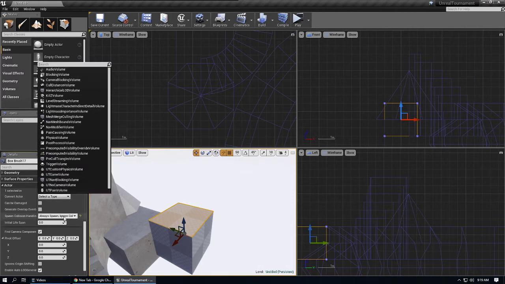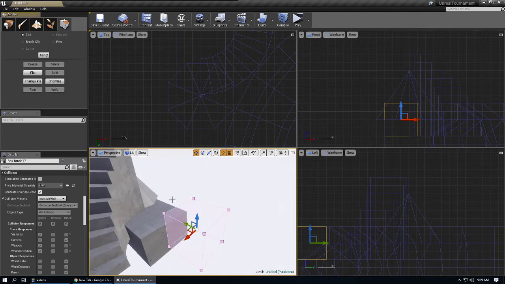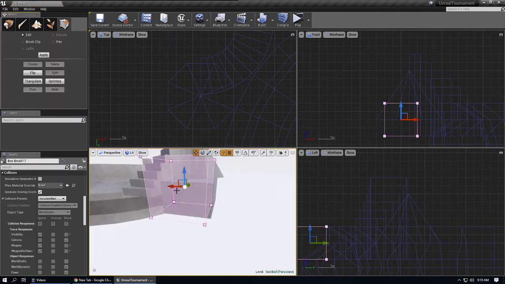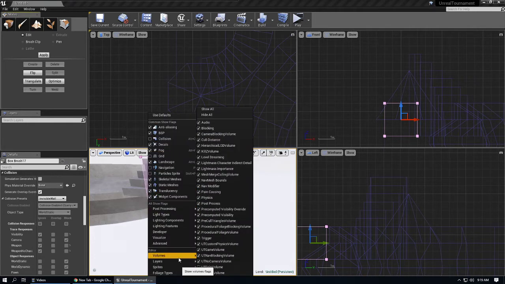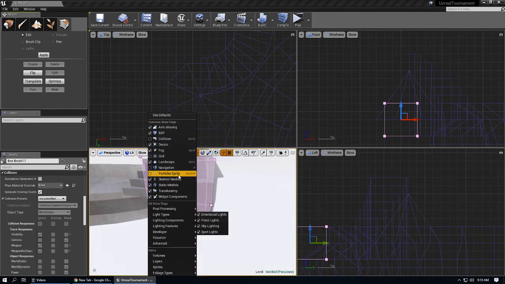Like you can convert a BSP into a lot of different things, like blocking volumes and stuff. You'll only see this if you're in geometry mode, unless you have a certain thing on, like collision. I would recommend leaving this on collision,